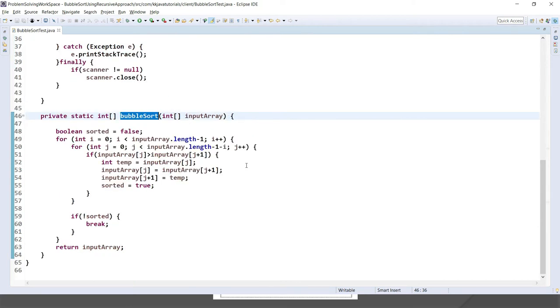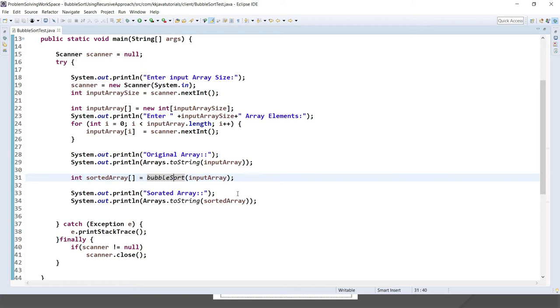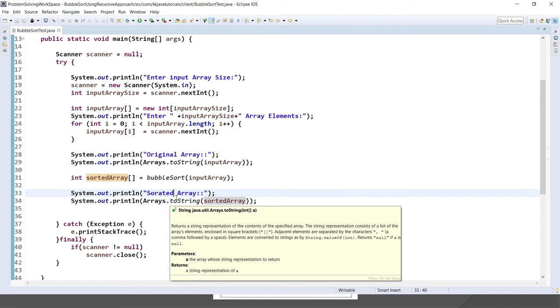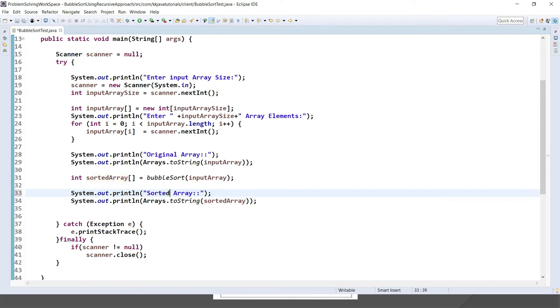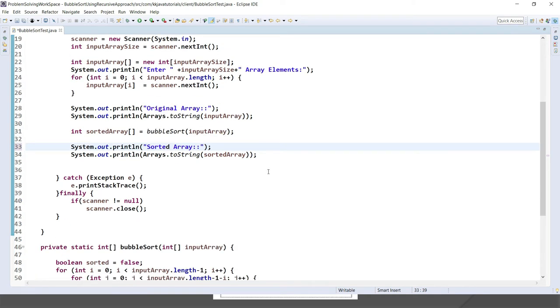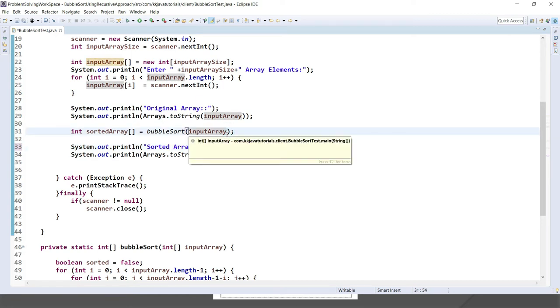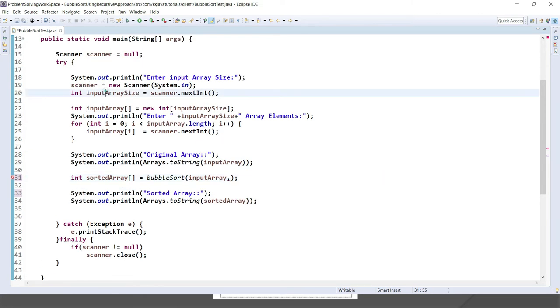There I'm using the iterative approach, and this method has to change. This method has to be converted into the recursive approach. There I'm going to make the change. And once the array is sorted, the sorted array is displayed over here. There is a spelling mistake, so let me fix it: sorted array, yeah. Now here I'm going to make a little change. While calling bubble sort, I'm also passing the length of the array, which is already here, so I'm going to pass the length of the array.